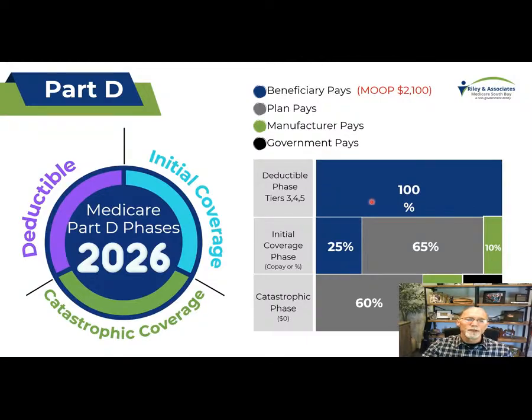So if you've got formulary drugs and some brand name drugs, you're going to pay through that deductible. Then you're going to pay either a copay or co-insurance, and you're stopped out at $2,100. Worst case scenario for 2026. Okay, so if you're not taking any medications, then you're not going to have any costs here. If you have generics, you may have no cost, or you may have some small copays that you're going to pay, but you wouldn't pay through that deductible in most cases. So that's the way it works there.